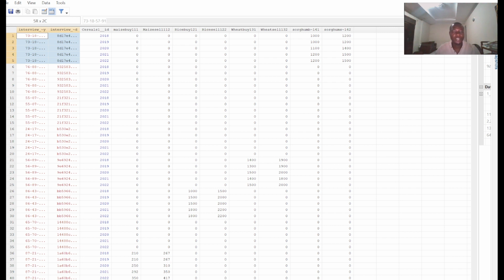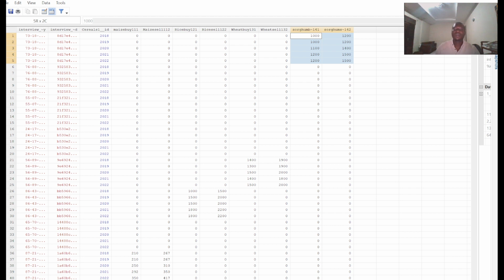This is a single establishment or firm where maize was asked, as you can see here. Here we asked for sorghum only. Sorghum was asked in terms of buying and selling. So this is one establishment. So we need to merge it. These values of sorghum, we need to merge with the other establishment, where